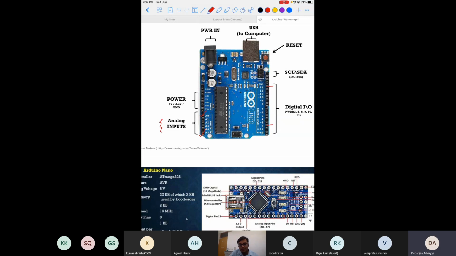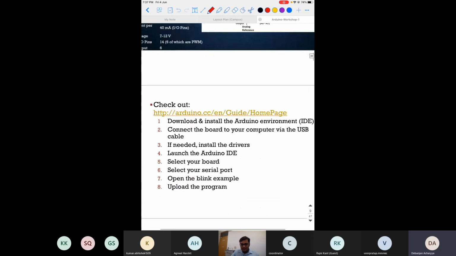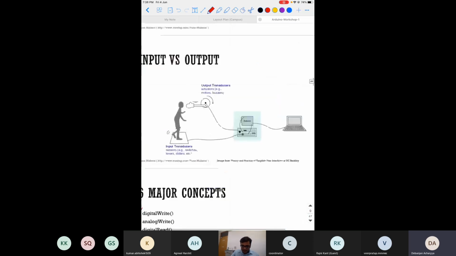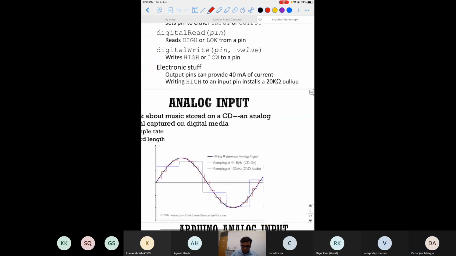So in which pin do I want to give the data or take the data from the Arduino board? I have to specify that pin, and that command is